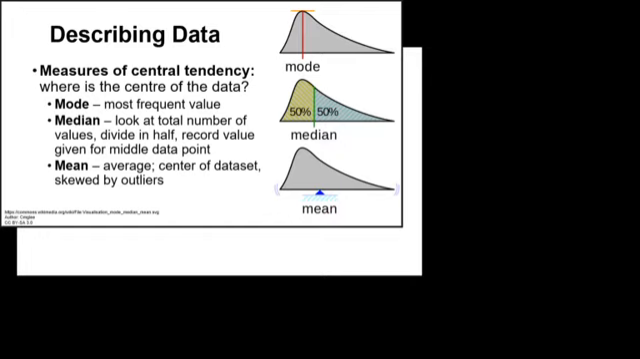So this is our average. This is the one that you've probably been most familiar with. So that is when you add up all of your values, we add up all of our IQ scores, and we divide by the number of scores that we had. So if we had 50 participants, we're going to add those 50 scores together and divide by 50,